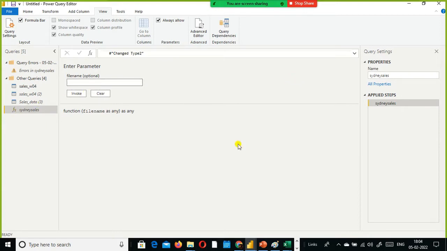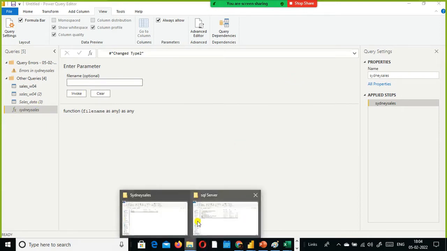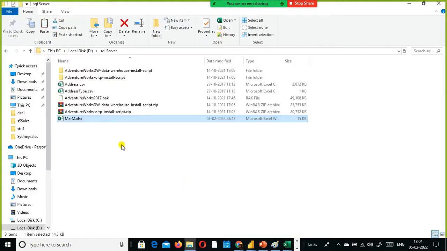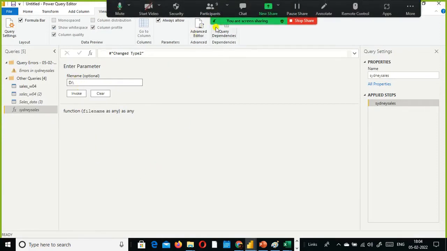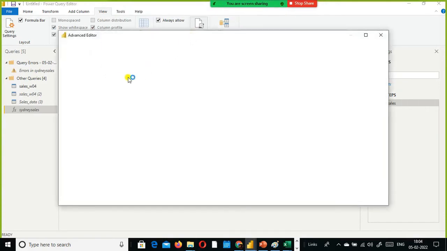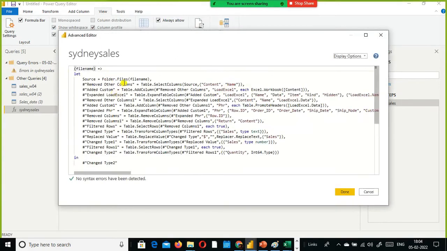So here I am going to specify my folder name just to test it. I'm going to pass the parameter. You must be wondering what this file name is. I'll just show you here. Whatever parameter name I specified, this is the parameter name. In a function we pass parameters, isn't it? Followed by this, you need to specify the rocket arrow, something like that. Instead of hard coding the folder name, I just specified this one. I just click done here.